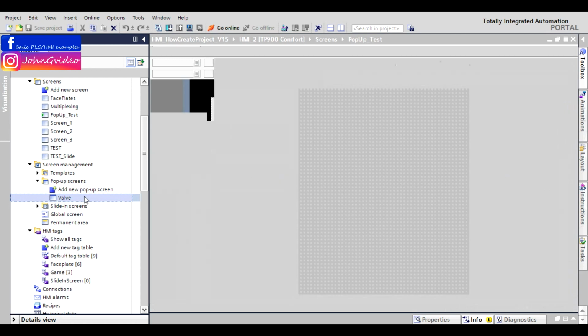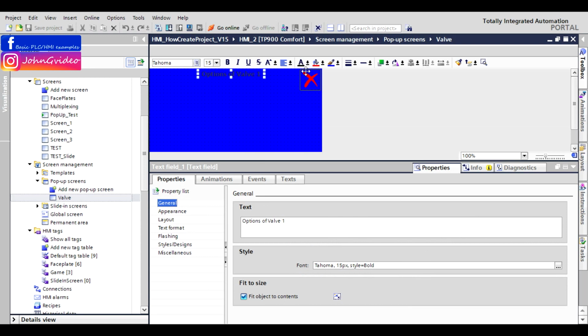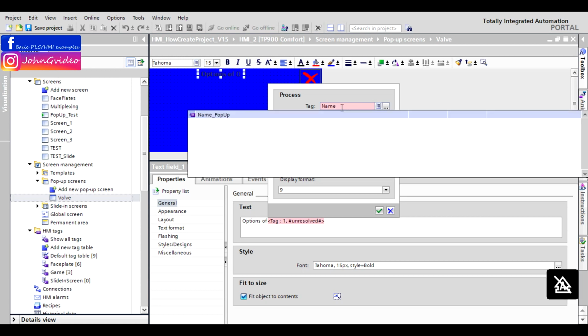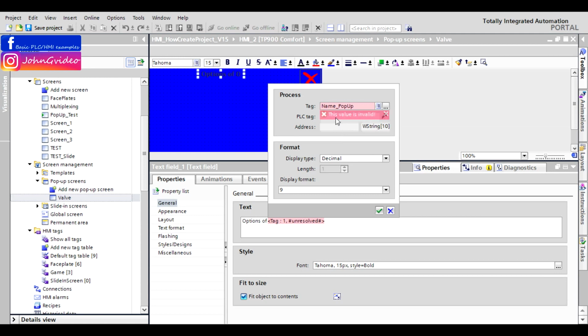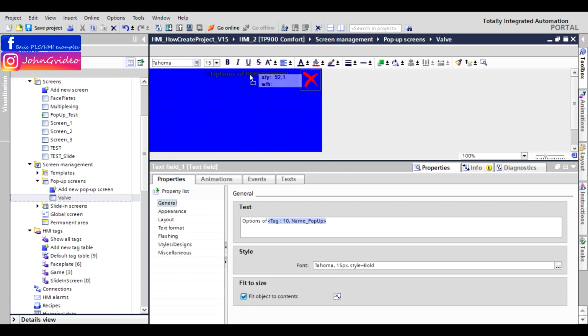And in the pop-up screen you just change the text of this text field, and here you insert a parameter field. The process tag of this parameter field will be name pop-up. This value is not okay. In format display type text, for example length 10. Okay, we make it more pretty. Okay,